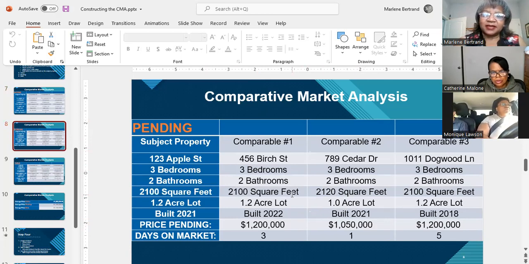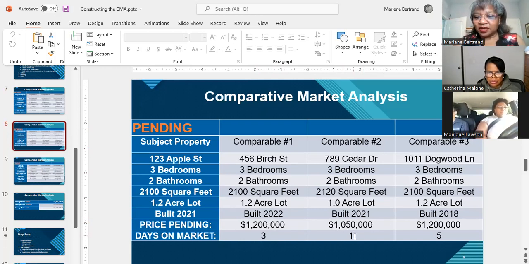Pending is not as critical, but it's important to understand. What pending tells us is that if a home is listed at a certain price, it's likely going to sell. So look at these pending homes' prices. The one for 1.2, comparable number one, was only on the market for 3 days and it sold. Comparable number two was only on the market for 1 day and it sold. But look at that price,